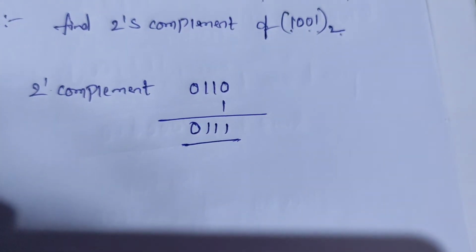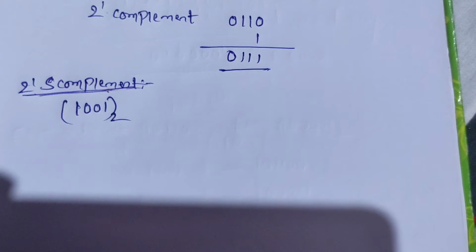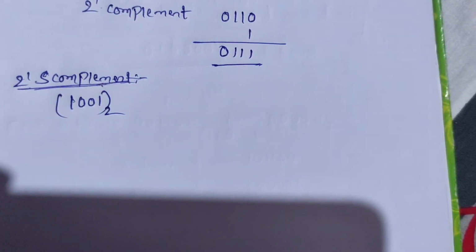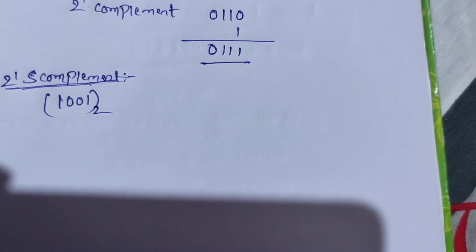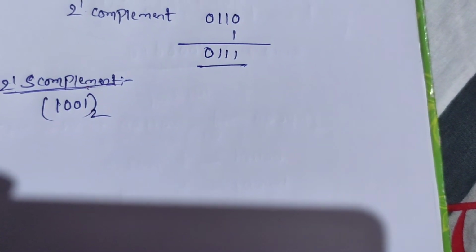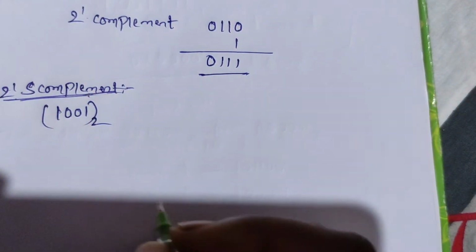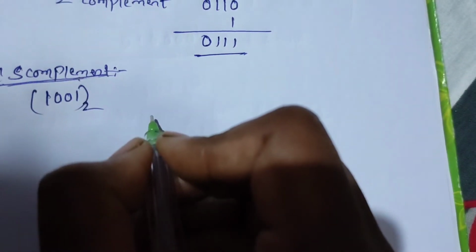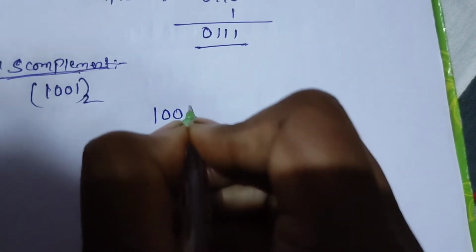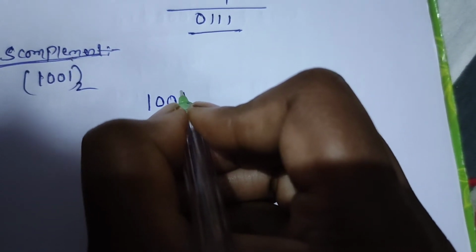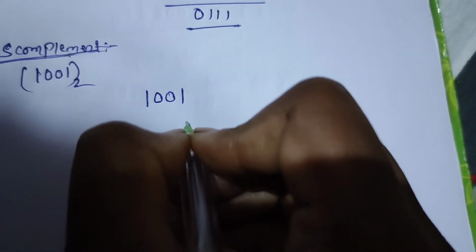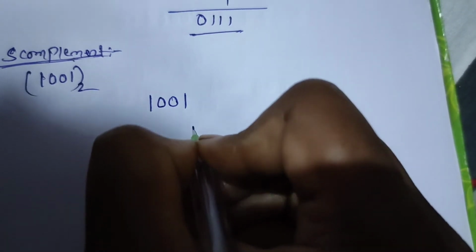We have a shortcut to find the 2's complement, instead of doing 1's complement and adding 1 to the 1's complement form. The shortcut method, taking a similar example 1001: keep the last bit, that is the LSB, as it is. If it is 1, keep it as 1 and perform 1's complement on the remaining bits, 110. So this is the 2's complement. So this is the answer. You have got the same here.